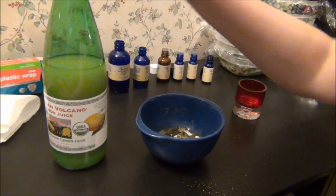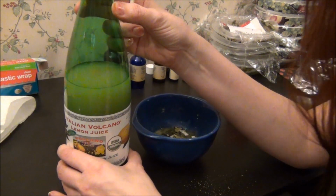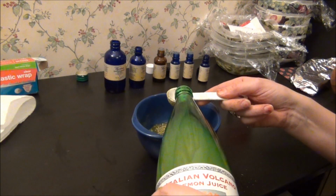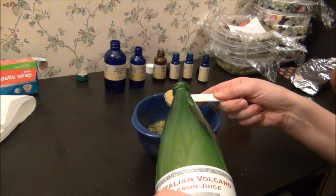Next is the lemon juice, and I've got my certified organic lemon juice from Costco. I'm going to use approximately the same amount of lemon juice as henna. Normally I don't measure, I just pour, but